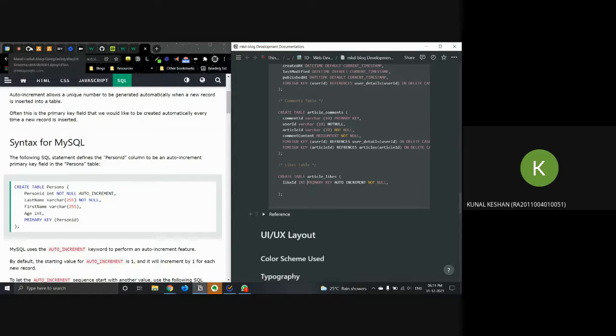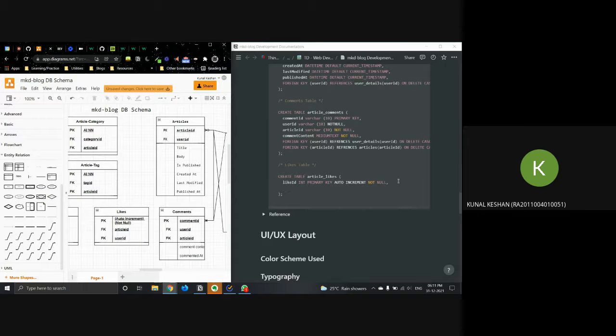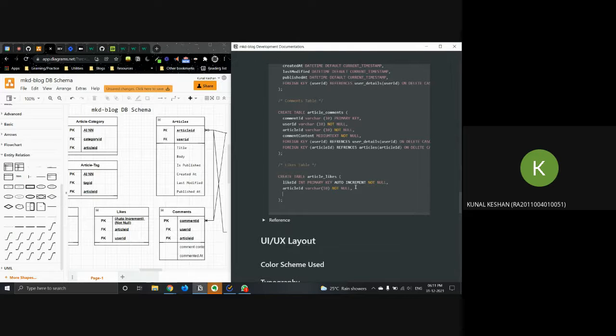Next, we had the foreign key, so it's the article ID, and then we had the user ID, who liked it.